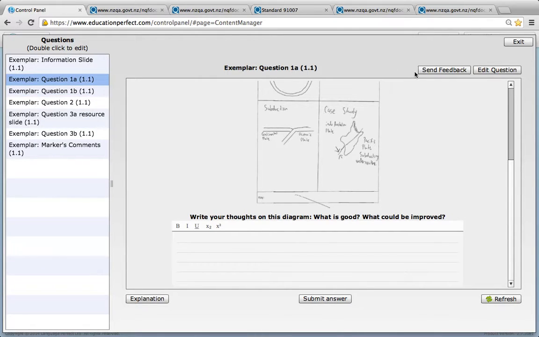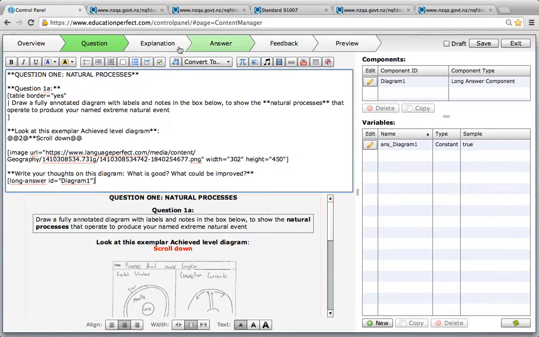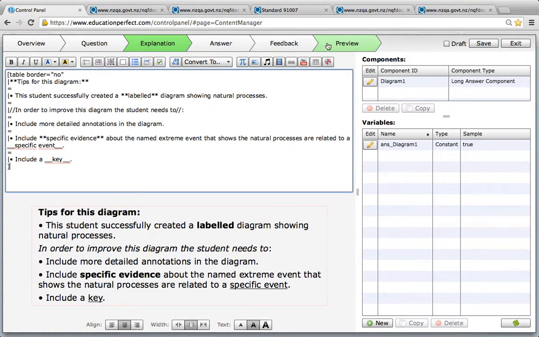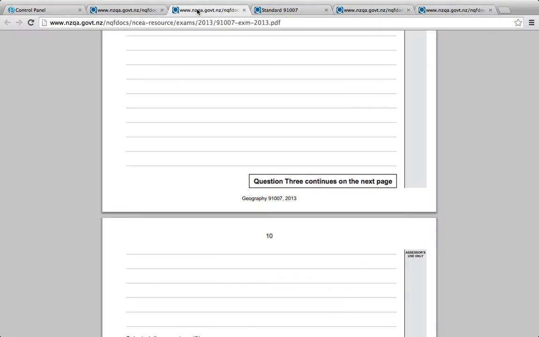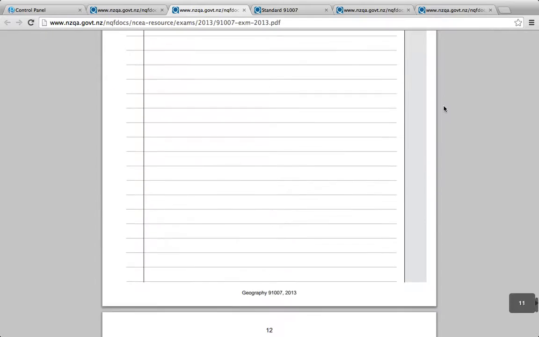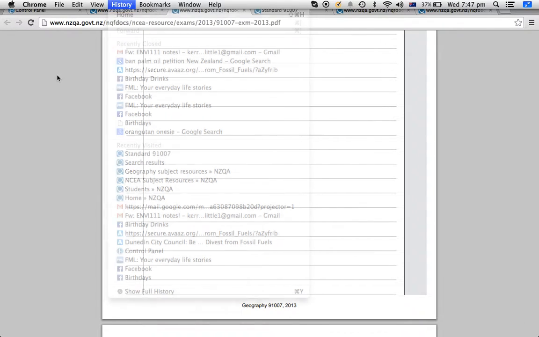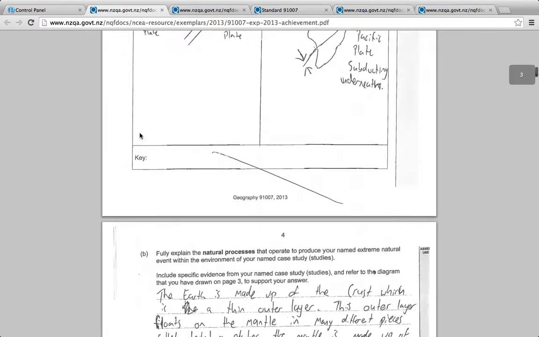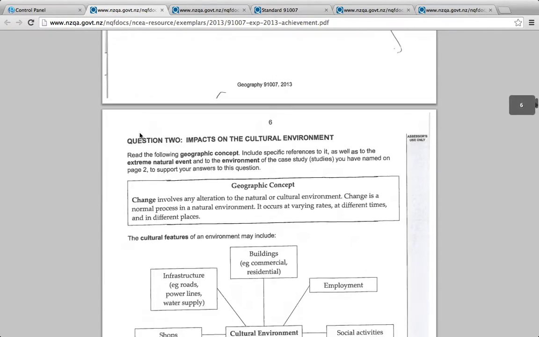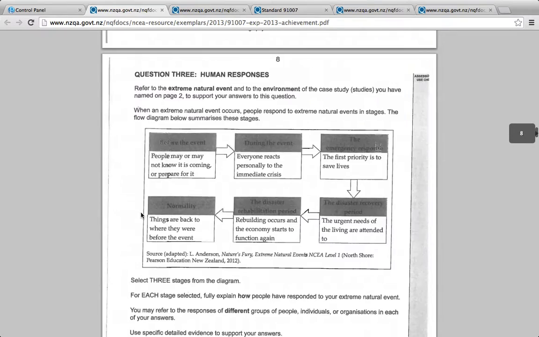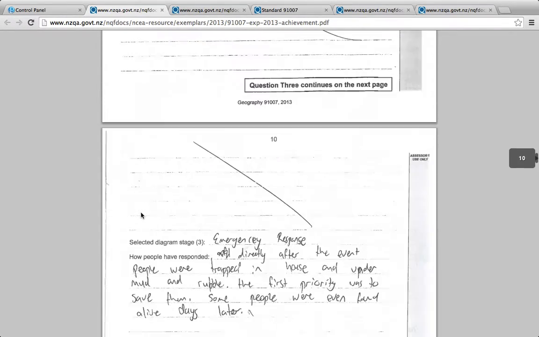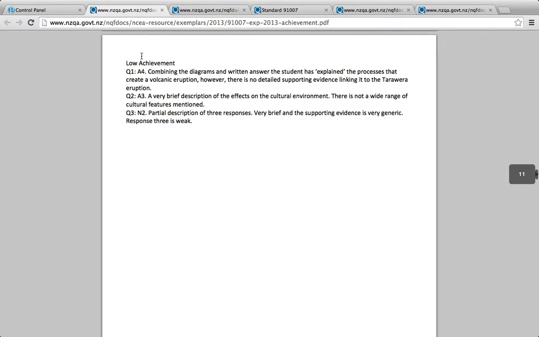And that's not marked. Is it marked? It might be marked. We'll see. Cool. Yep, so there is an explanation tab. And in the explanation we can give tips. If we scroll down far enough, hopefully, cool, here we go. These are comments from assessors, so we can include part of that